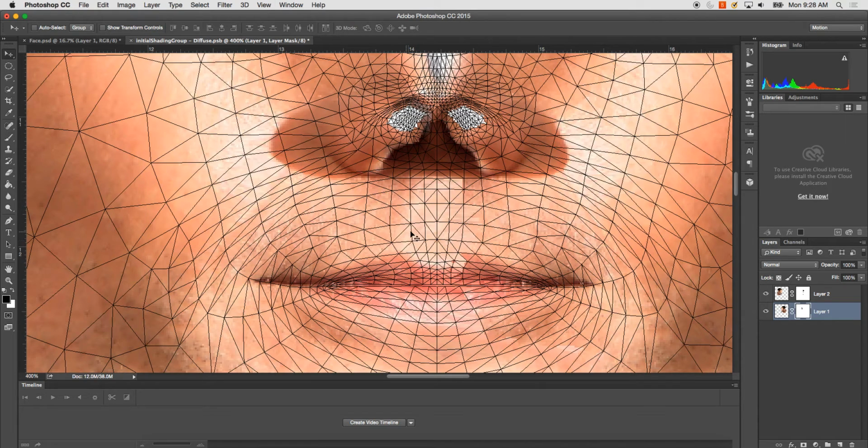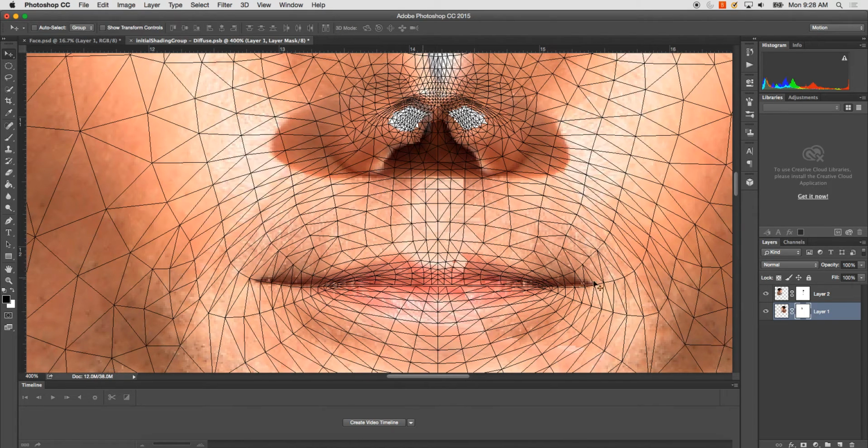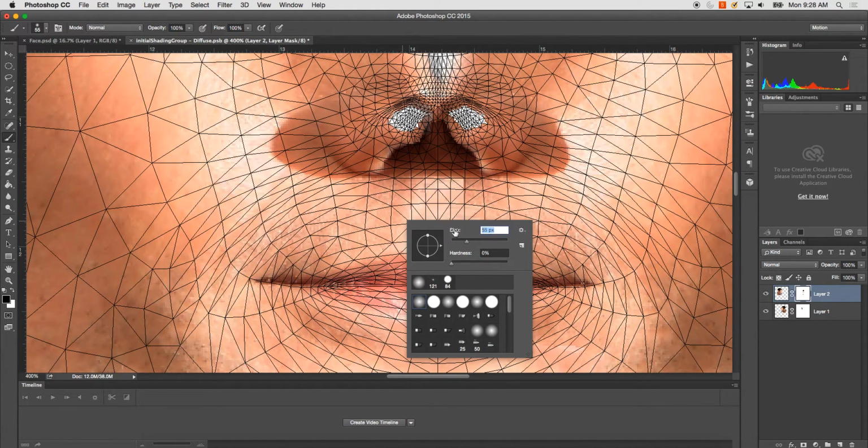How we do that is we can warp the image, we can do a new projection on it. There's a number of things. But as I'm looking at this, I need to adjust this lip section here, and I just need to adjust my brush size